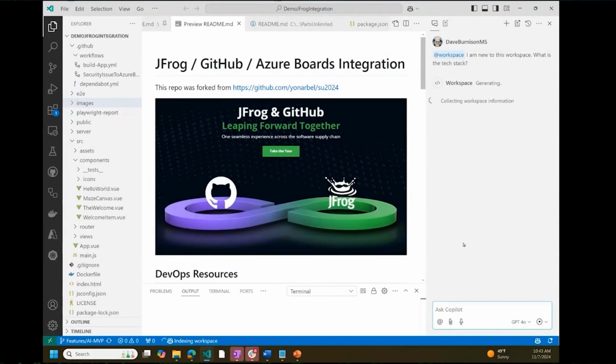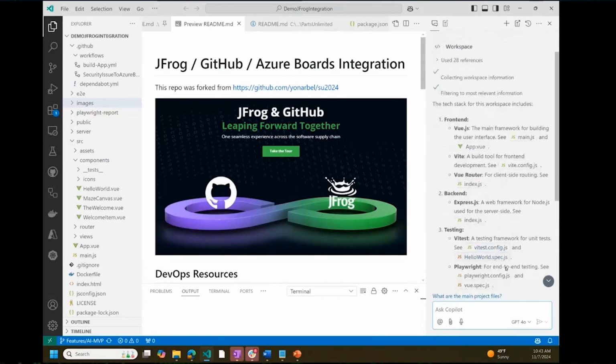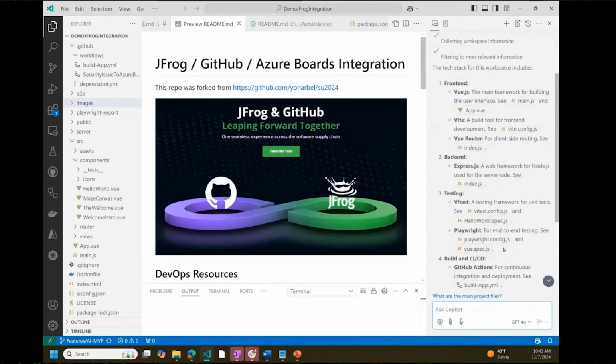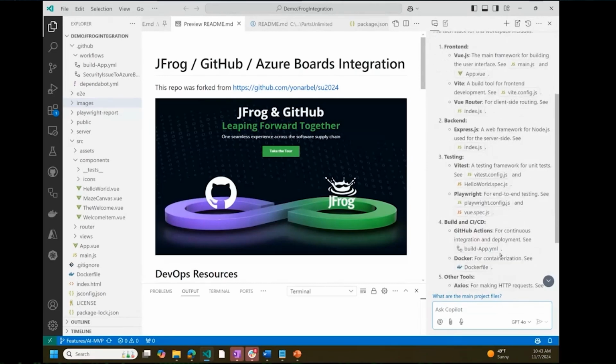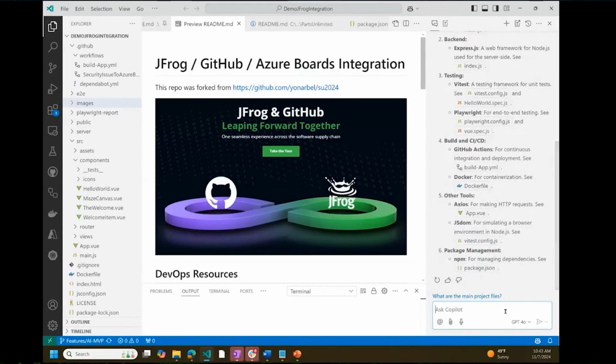And so Copilot's going to go through that entire workspace and give me an overview. Okay, we're using Vue.js, and on the back end, we've got Express.js, and for testing, we're using things like Playwright. We can see that we're using GitHub Actions and Docker, and we can see some of the dependencies getting pulled in here. We can see that the dependencies are ultimately coming from NPM, but I'm hoping that we